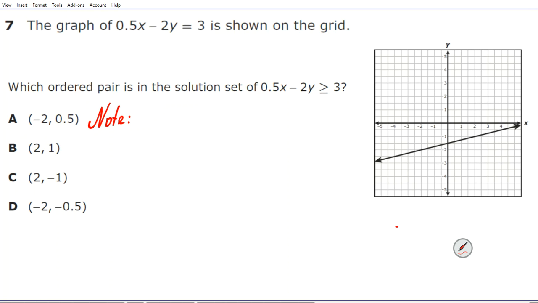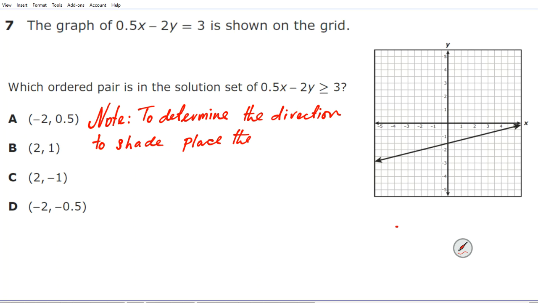Something to note, this is very important: to determine the direction to shade, place the linear inequality